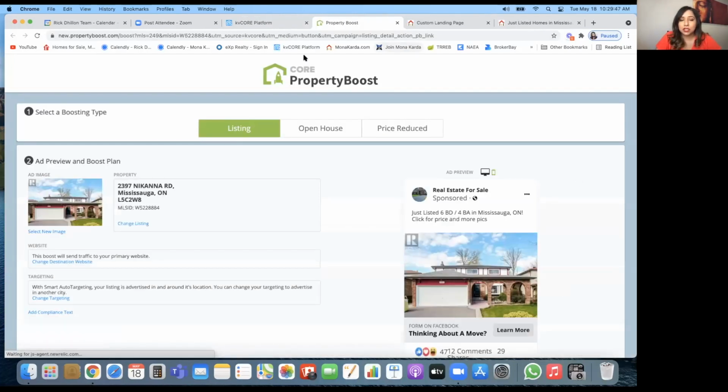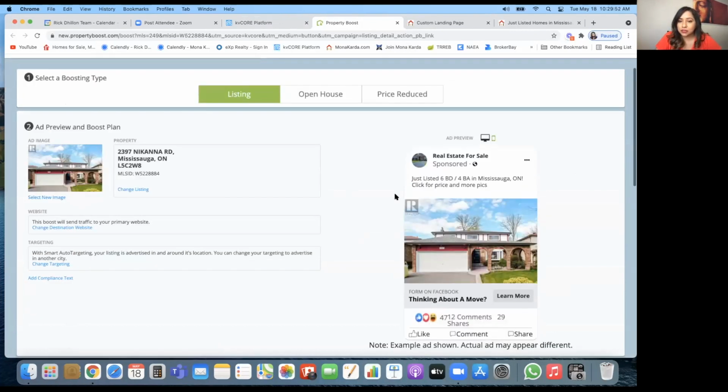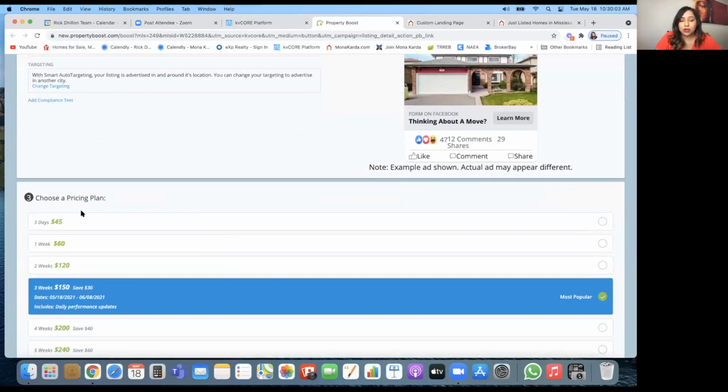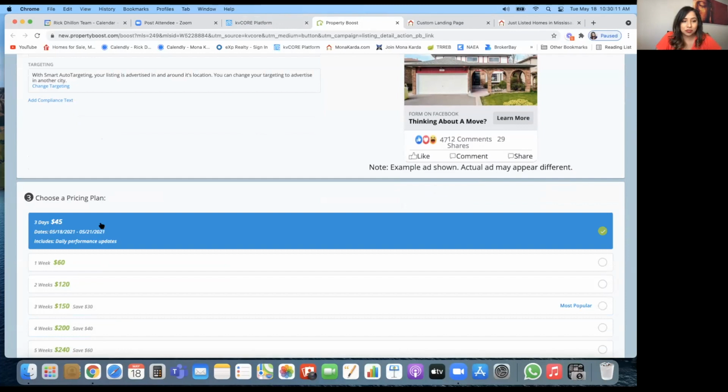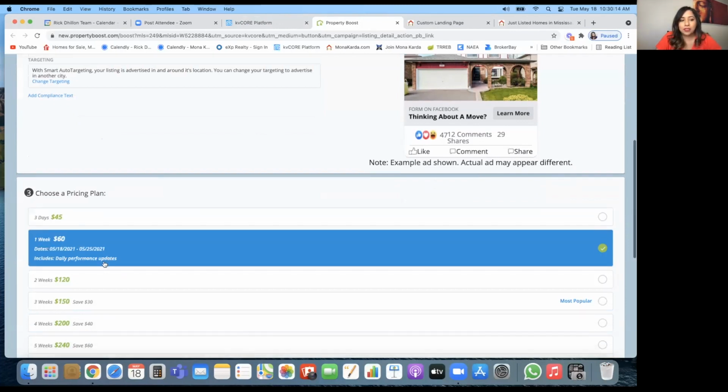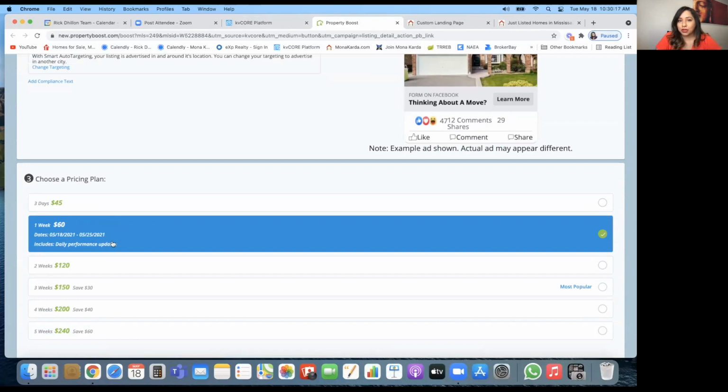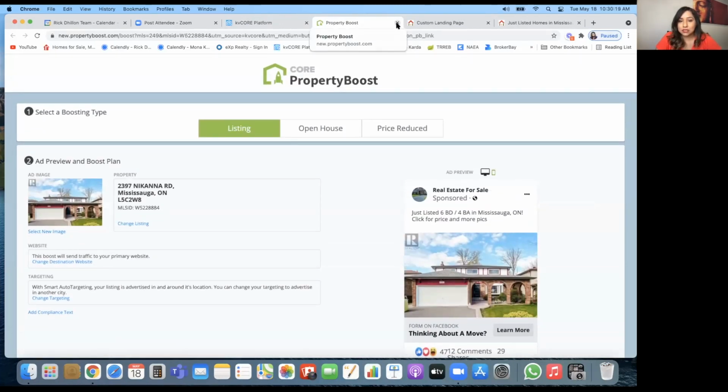By clicking boost the property, it's going to take us to this page, which is our core property boost. So the ad is going to look like this on the right hand side where it says sponsored, just listed 6-bedroom, 4 baths in Mississauga. Click for price and more pictures. We can go ahead and scroll down and pick one of the price options that suit you best. With a property like this, I don't think it's going to last very long. So you might want to pick something that's either 3 days or 1 week, and then you check out at the bottom with your credit card information. So that's a paid ad if that is something that you'd like to do,